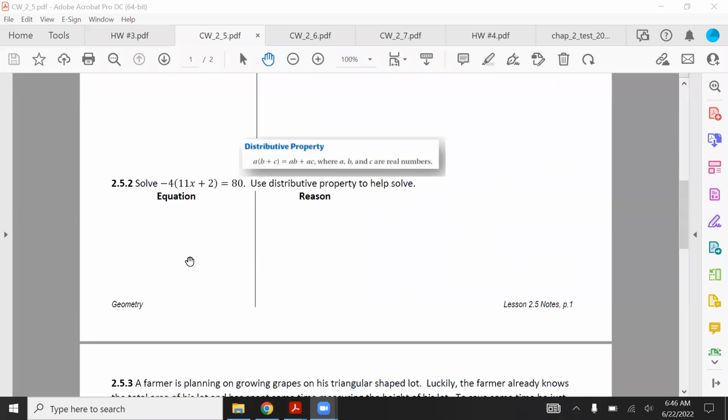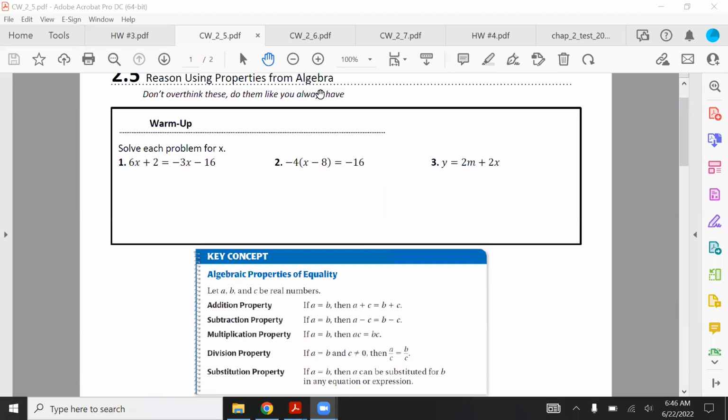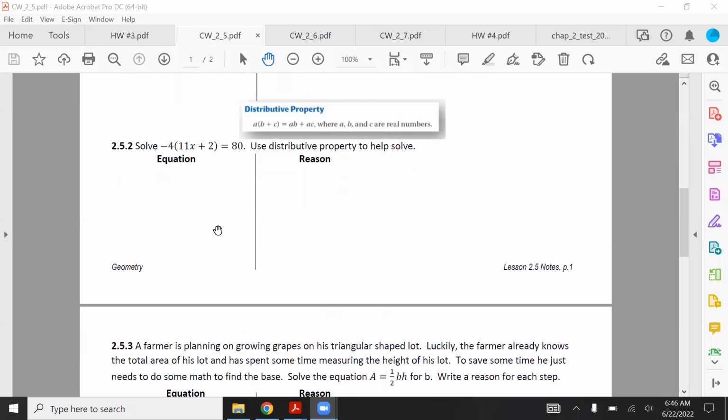Now, we did something kind of like this in the warm-up up above. But you could have also distributed as well, and then subtracted 32, and then divided by -4. So that's another pathway you could take, which we're going to do over here because you're asked to use the distributive property. So first step,